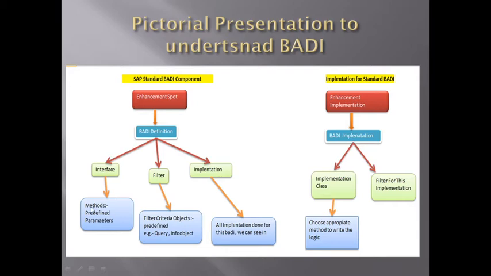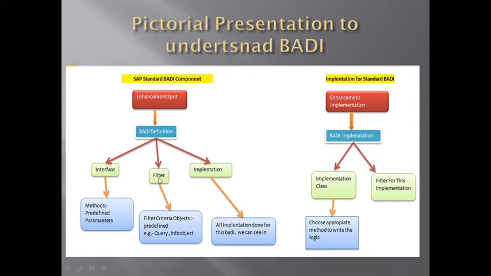So that method is basically connected through the interface. SAP has created the standard methods, and in the methods there are standard parameters given by SAP. We have to use those parameters and write our code. So this is linked by the interface. To use the BAdI, we have to create the implementation, which we call an enhancement implementation. Once we create the enhancement implementation, we can utilize these methods and write particular code in our method, and we get the functionality which we want.